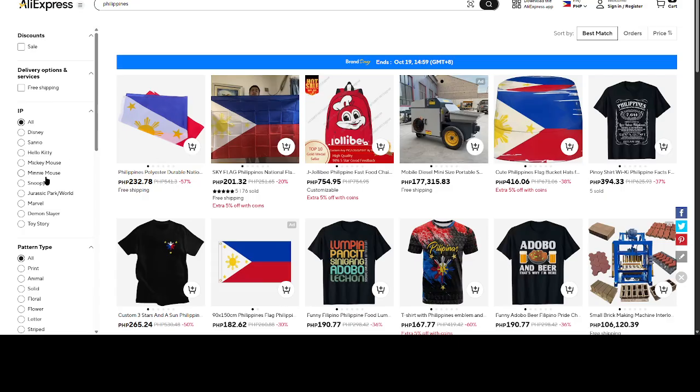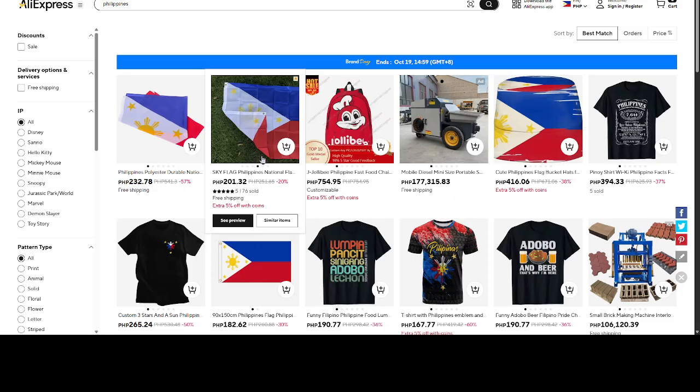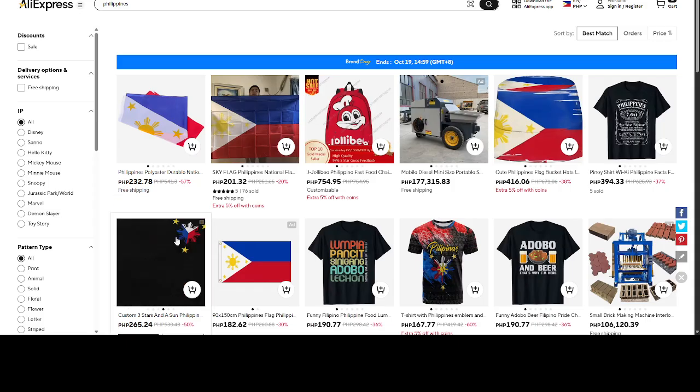First, let's open your preferred web browser, in this case Google Chrome. If you don't already have it open, click the Chrome icon on your desktop or find it in your list of applications. Once you're browsing, head over to AliExpress, which is a popular online retail service featuring a variety